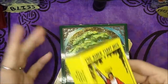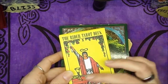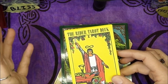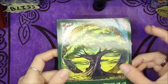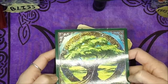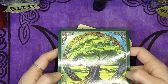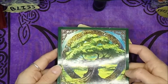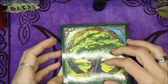This is the standard, the original deck. The imagery in this is kind of old worldly, and I just really can't relate to it. But this, I just instantly connected with, which is kind of weird, because normally you have to work with a deck for a little while before you can have it be real accurate. I have one other deck that I have connected with pretty quickly, and that's the Everyday Witch Tarot. But this one was instantaneous, so definitely recommend it if you are in the search for